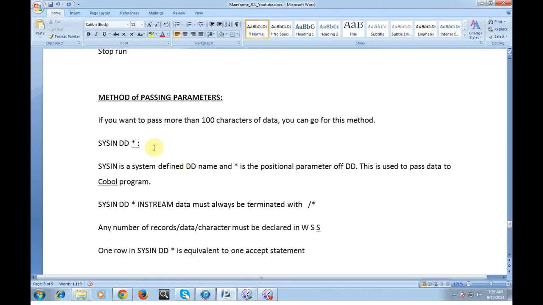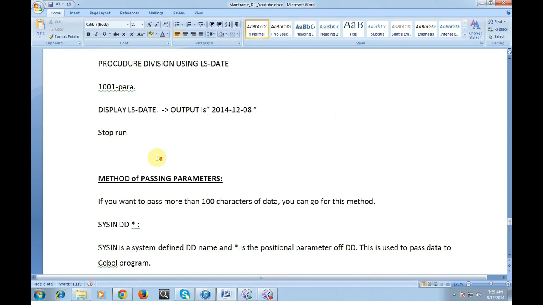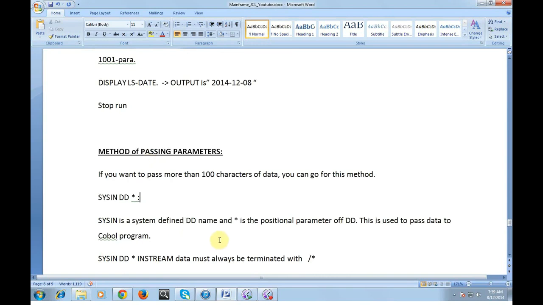So what is the syntax we use? SYSIN DD * is the code we write in a JCL in order to pass a parameter to the COBOL program or a system-defined utility or program. SYSIN is a system-defined DD name, and star is a positional parameter of DD.